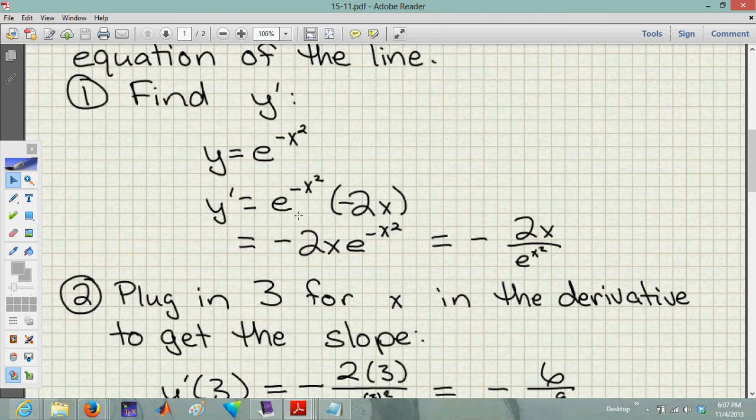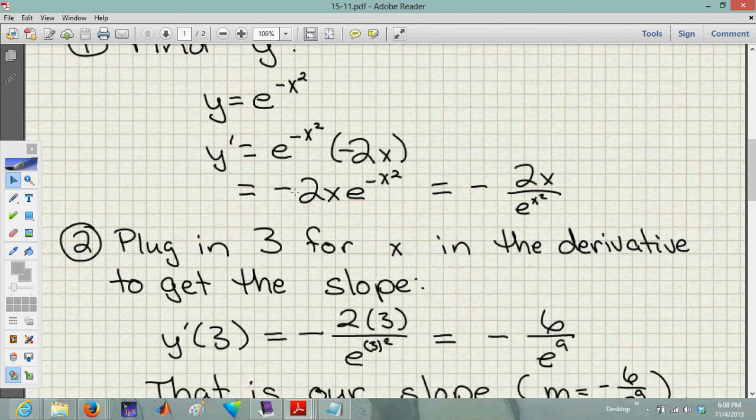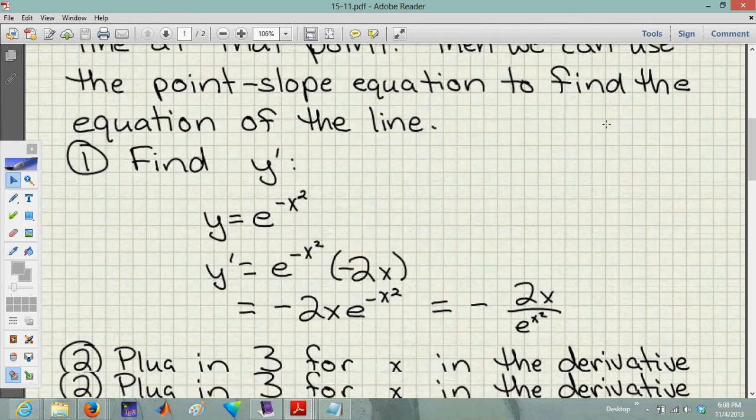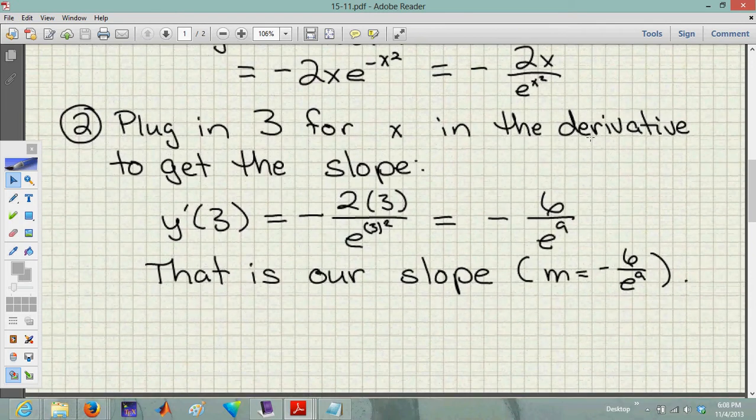So I just copied it down and multiplied by the derivative of the exponent, and if you want to, you can rearrange it, and I just rearranged and rewrote it, brought that e to the x squared down into the denominator. Okay, so we've got the general derivative, but they want us to find this at a specific point. They're giving us an x value, so let's plug that x value into what we found for our derivative.